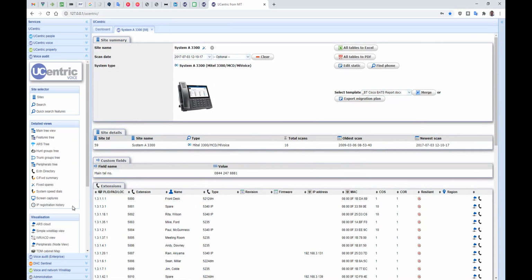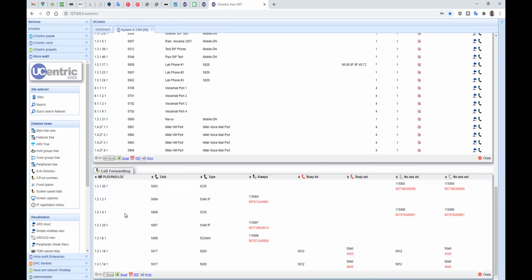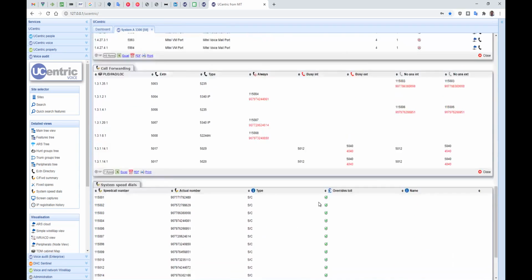Again, even though we're simplifying this and even pulling out things like call forwarding and any speed dials and things like that, there's still a huge amount of information